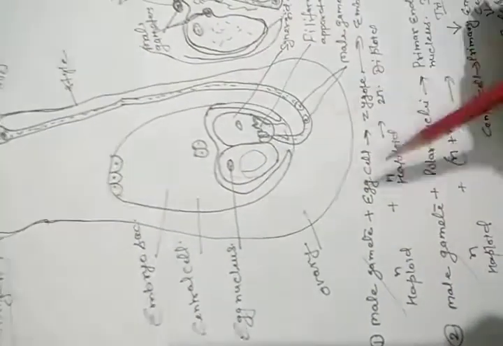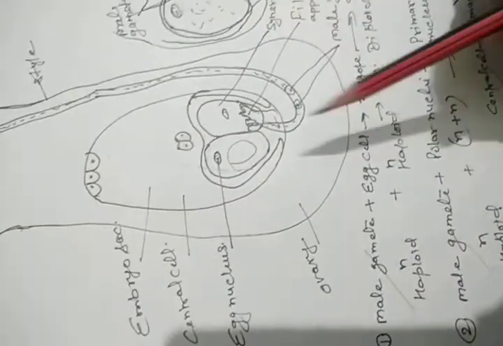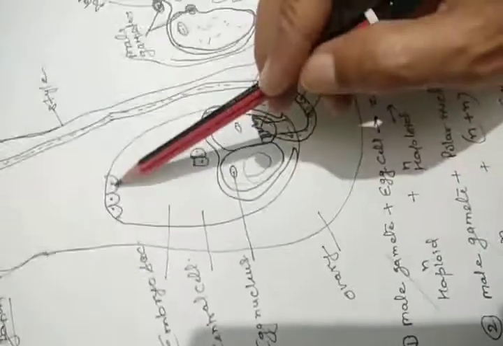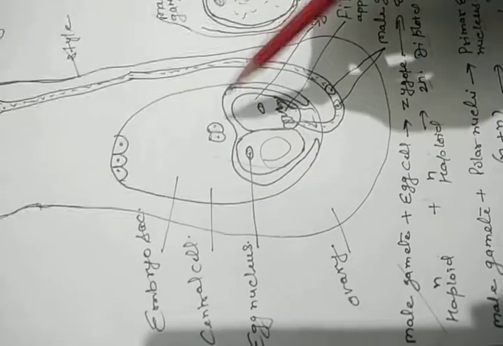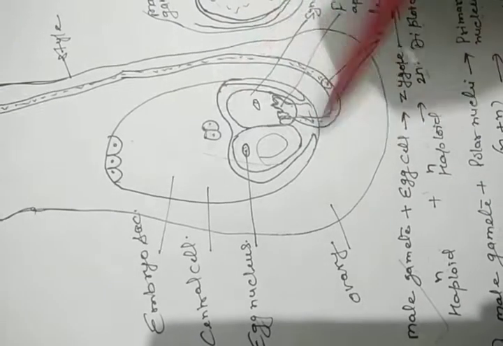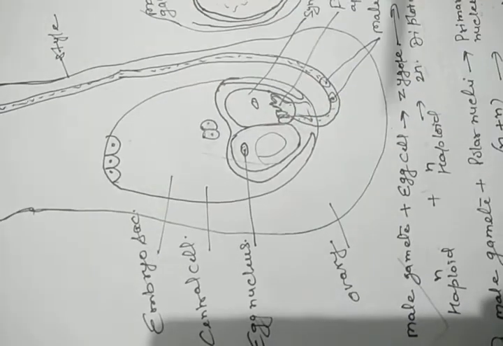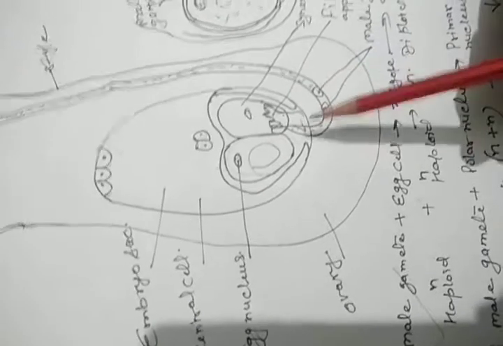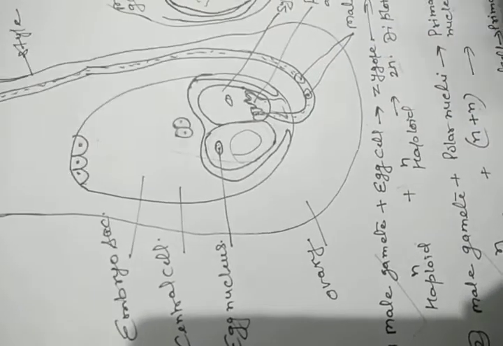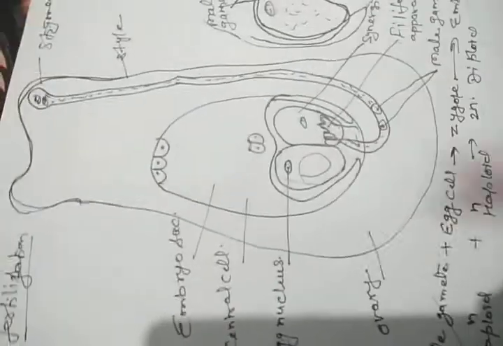After fertilization, the complete ovule develops to form the seed. The antipodal cells degenerate, the synergids also degenerate, meaning in this central cell there will be one zygote and another one will be the primary endosperm nucleus that changes to form the primary endosperm cell. Synergids and antipodals degenerate, and finally the zygote develops to form the embryo, and then the whole ovule changes to form the seed, and the whole ovary changes to form or develops to form the fruit.